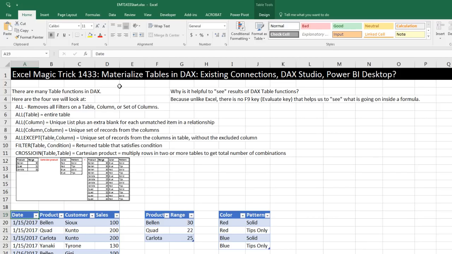Hey, we got to talk about materializing tables in DAX, either using existing connections over in an Excel sheet, DAX Studio, which is a download, or Power BI Desktop. Now, I've been doing a lot of videos about DAX lately, all the way back to 2014. And being able to materialize tables or see tables inside of DAX formulas is really helpful for understanding how a